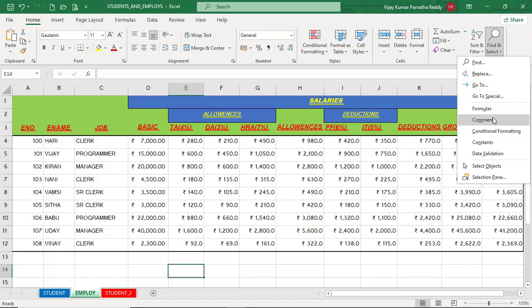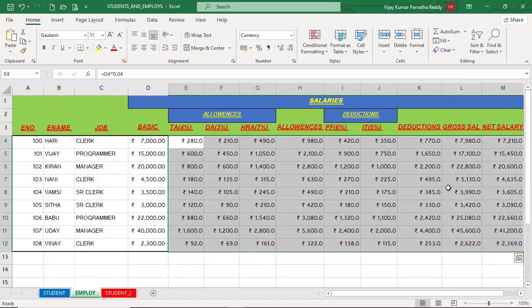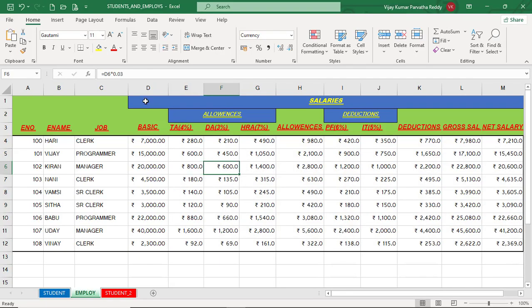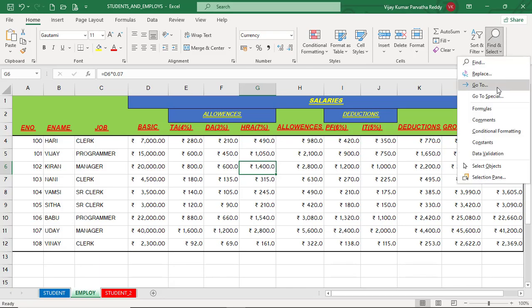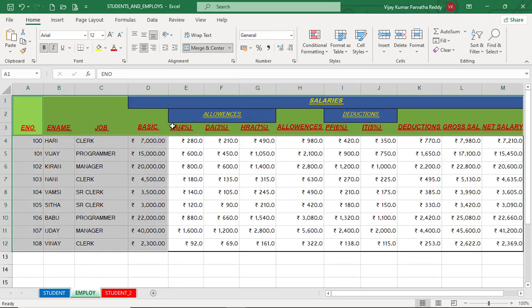Now find formulas. What are the cells that contain formulas? Those cells will get highlighted. All these cells are having formulas. See, if you click anywhere, the formula bar is showing a formula. These are not constants. Only constants are first, these four columns are constants. Okay,